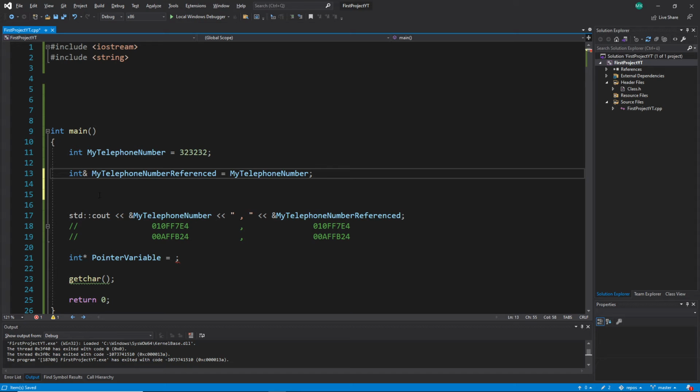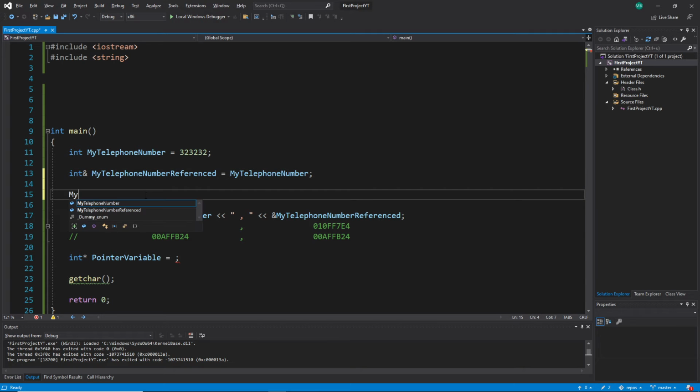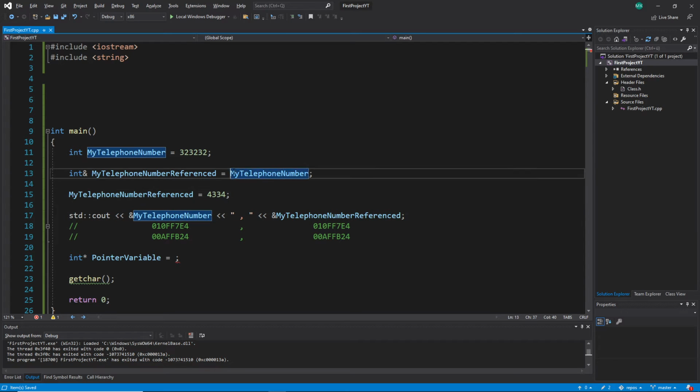But later we learned with references, my telephone number reference, I can assign a value to it later. Only not at start. Later I can. And this value here will now overwrite the referenced storage,